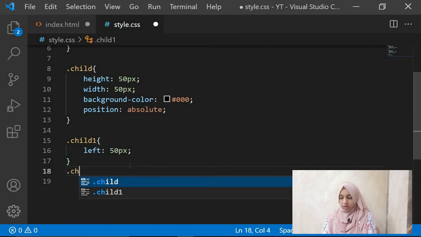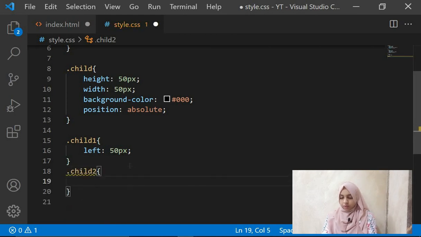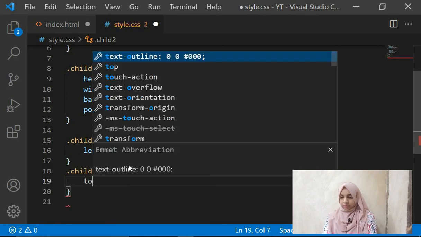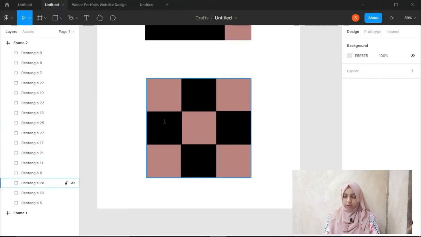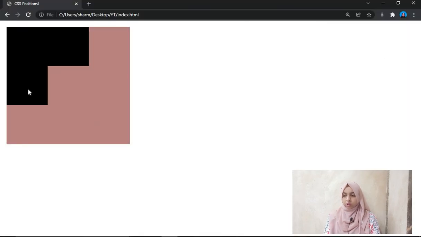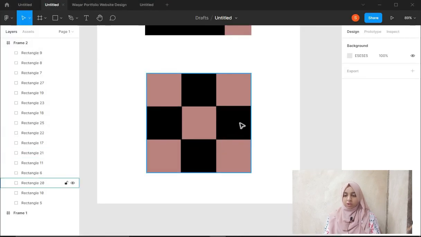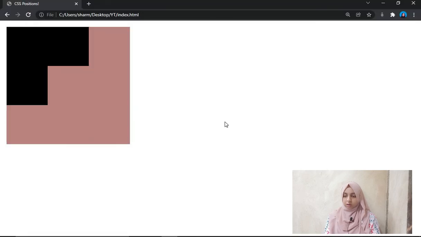Now the second child will be, for example, top 50 pixels. Where is our second child? It is over here, right? So we save and we refresh. You get this over here. Okay, we have these 2 elements in place, right? Now our third element, let's place it over here.